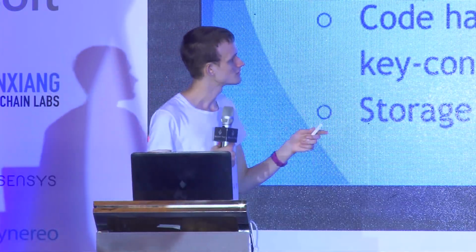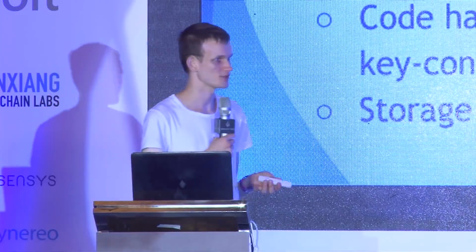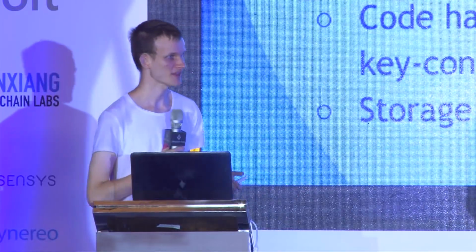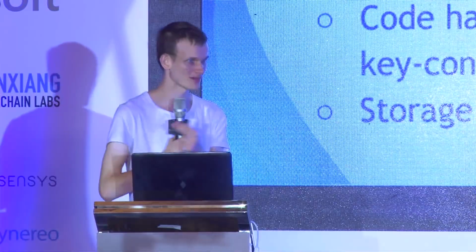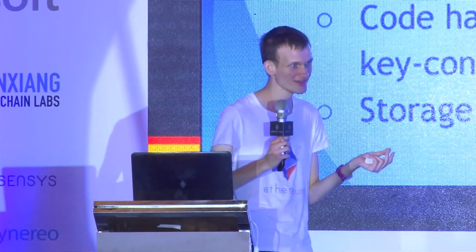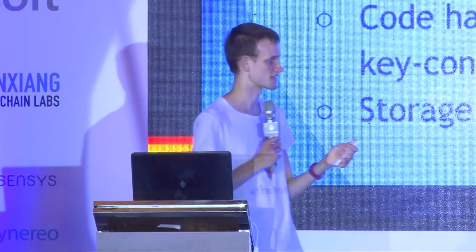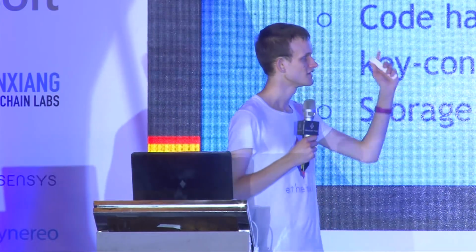The state in Ethereum consists of a key value mapping. Basically the state in Ethereum is a bunch of account objects. There are two types of accounts. One of them is an account controlled by a person or some external user, controlled by a fridge, controlled by a dog. The other kind of account is controlled by code. These accounts have four pieces of data. One is the nonce, a highly technical thing that's used to prevent transaction replay attacks. The second is a balance, how much ether the account has.